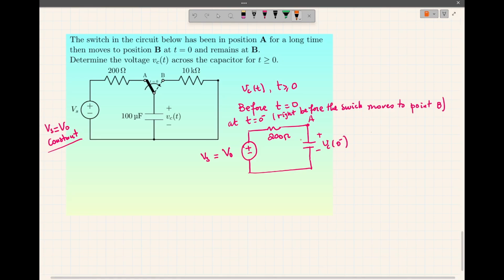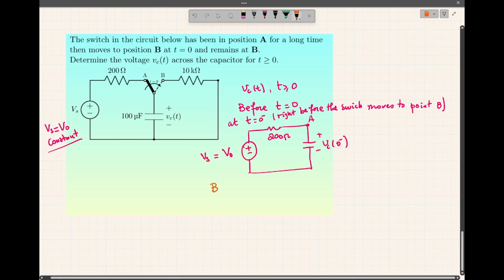Now, because the capacitor is connected to point A for a long time before t equal to 0, or before the switch moves to B,